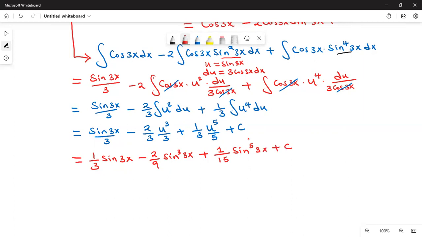Something you need to take note of is that when you have integrals involving powers of tan and sec theta, then what you use is the trigonometric identity 1 plus tan squared theta is equal to sec squared theta. Also, when you have the integrals involving powers of cot theta and cosec theta, then use the identity 1 plus cot squared theta is equal to cosec squared theta. Having talked of the powers of sines and cosines,